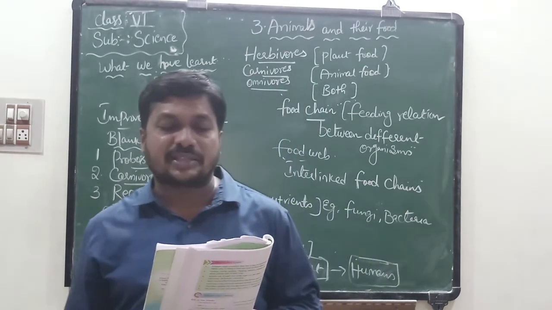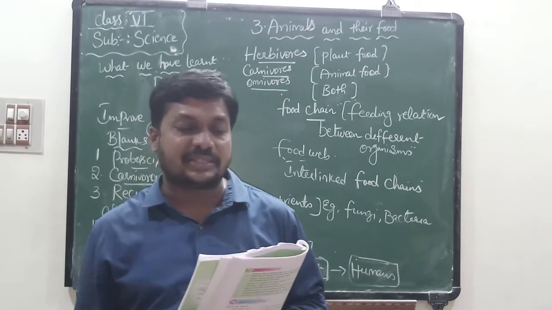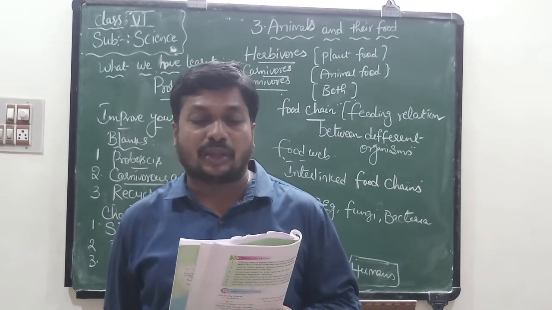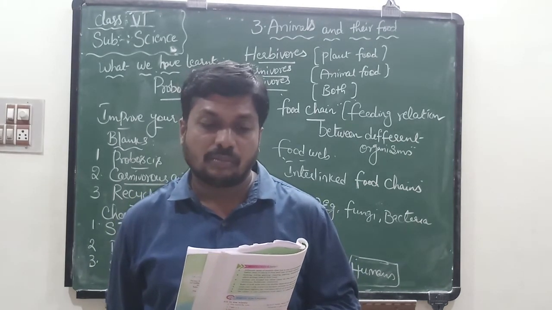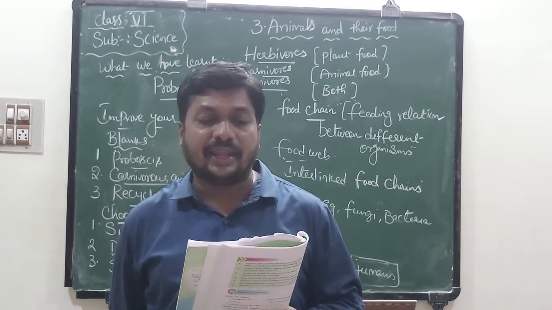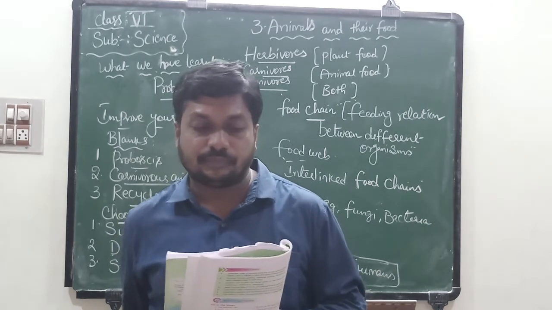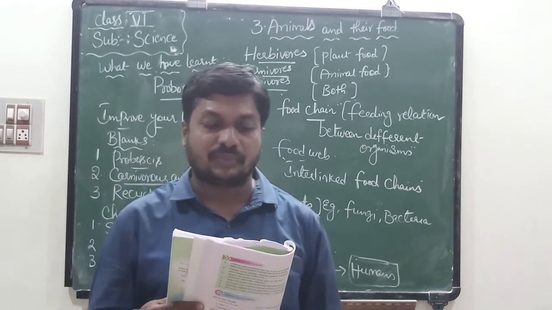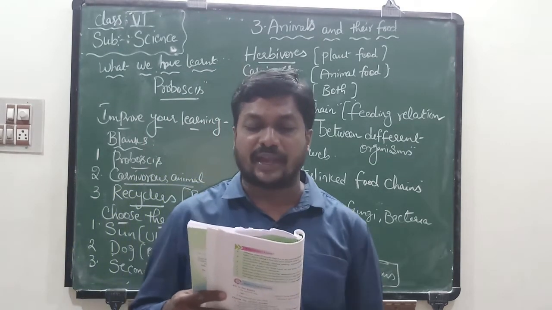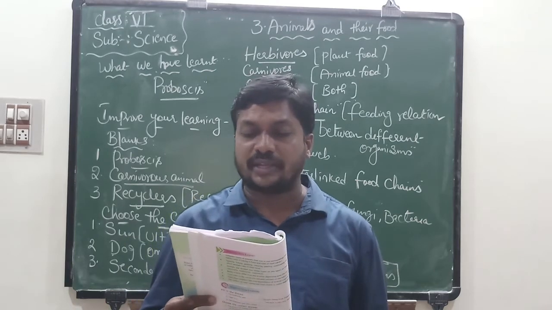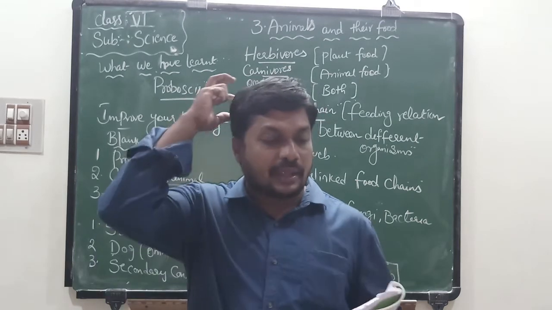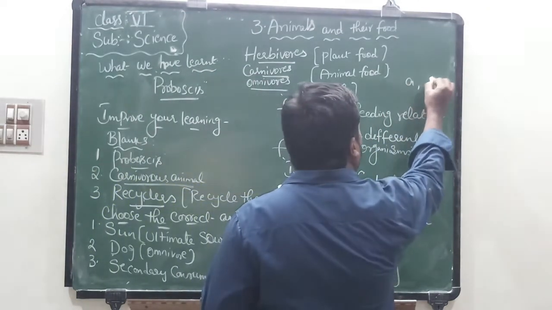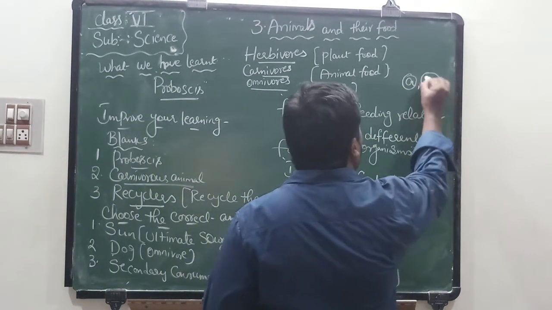Identify which of the following statements are wrong and give reasons. Fourth question. All animals living in water feed only plants. Elephants and deer are herbivores living in the forest. Birds' beaks are designed to suit their food habits. Sharp claws are useful for hunting. Most of the food chains end with herbivores. In these, A and E statements are wrong.